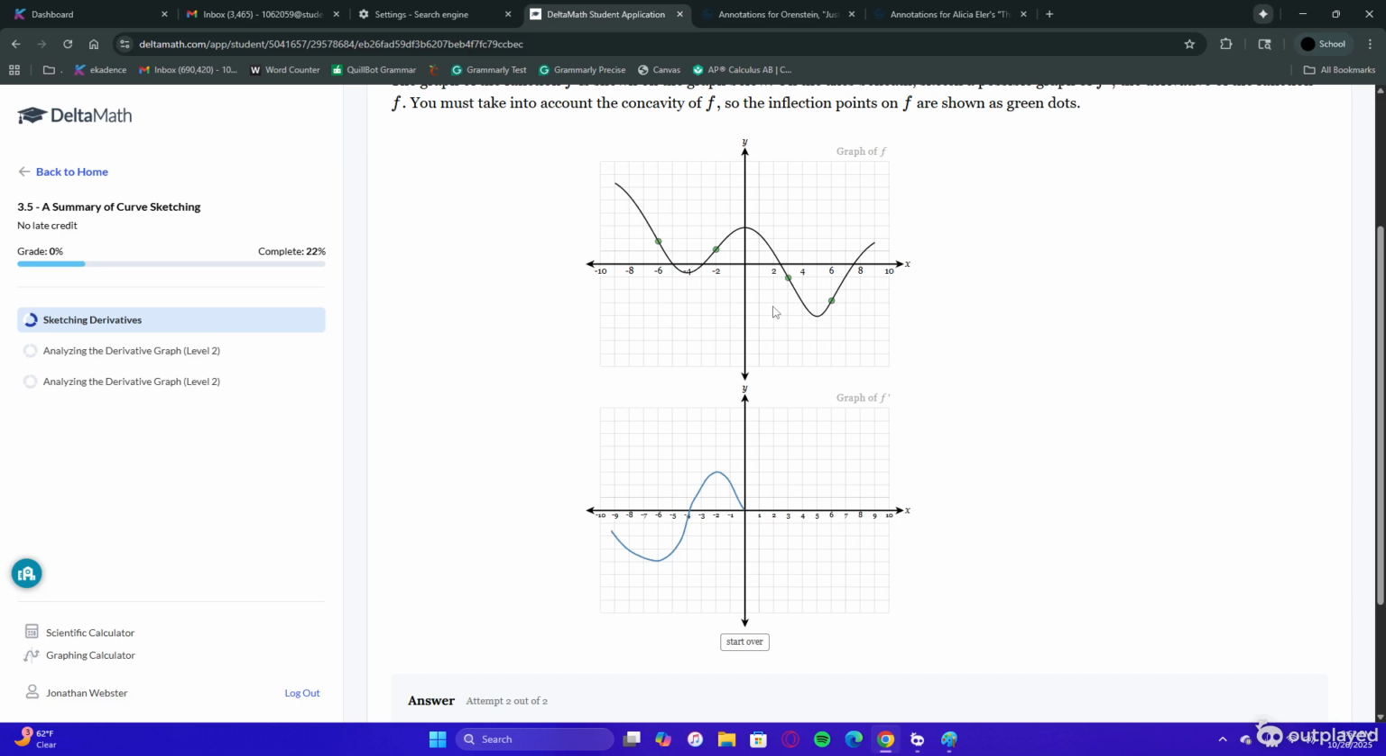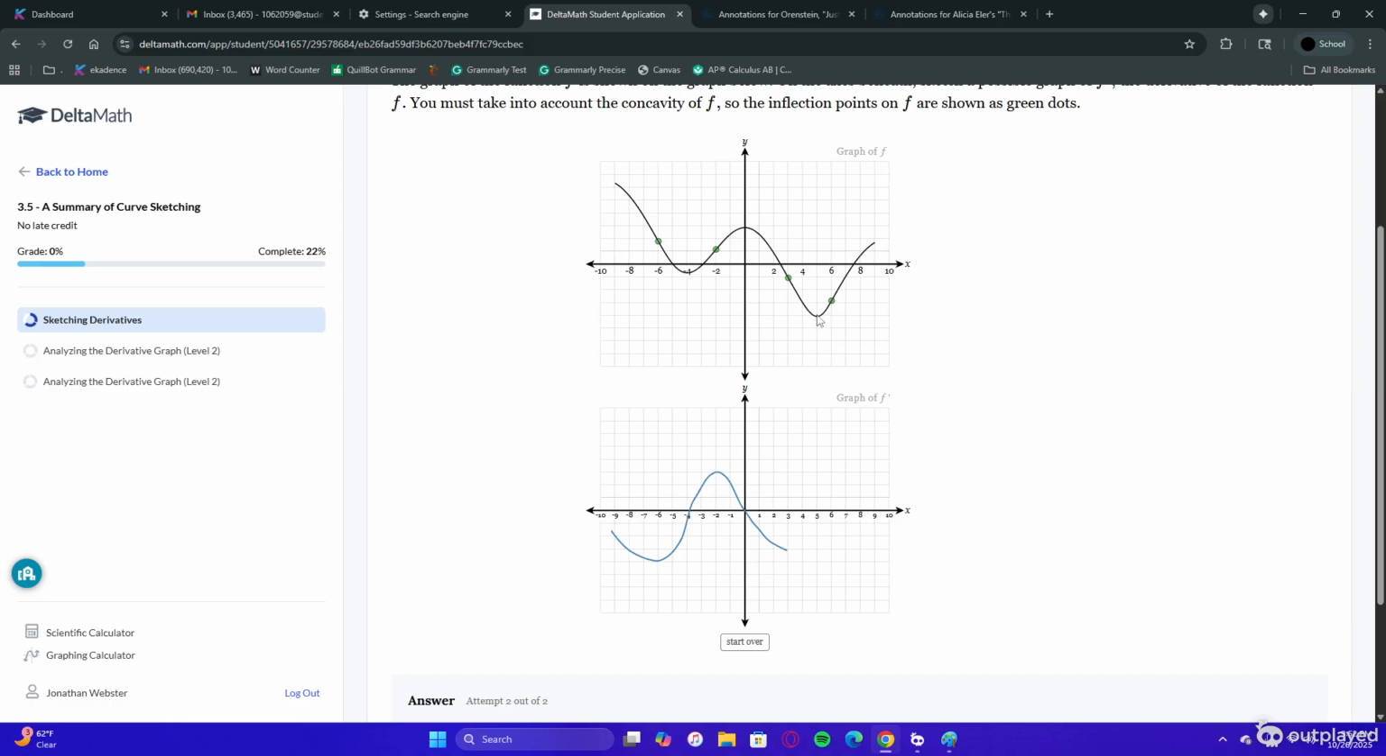So now after 0 to 3, the function f is decreasing, so it's going to be below 0 here, and it's still concave down, so it's going to be decreasing. So from 0 to 3, decreasing and below 0. So now from 3 to 6, f is concave up again, but from 3 to 5,